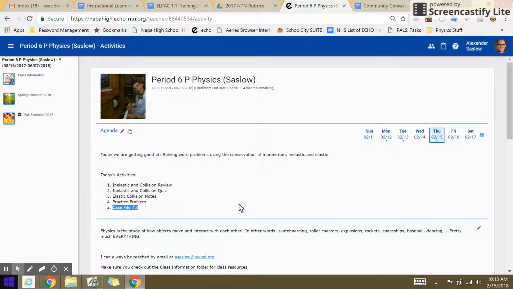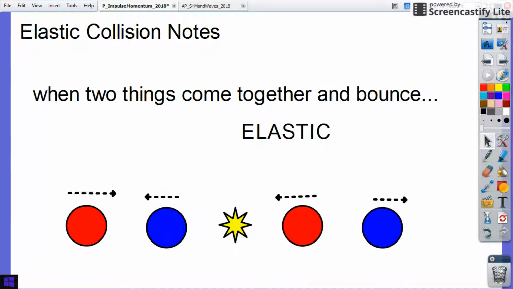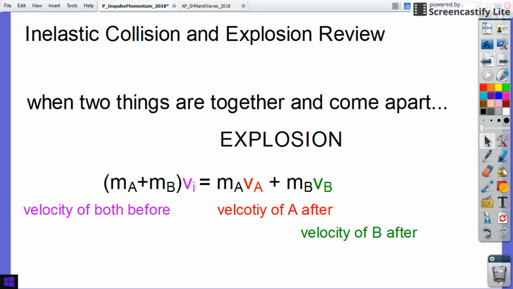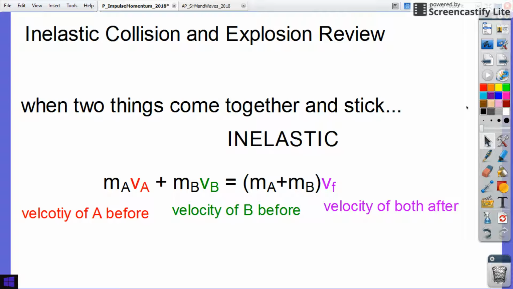All right, let's go ahead and get started, shall we? Inelastic collision and explosion review. All right, so an inelastic collision is where two things come together, they stick, and then